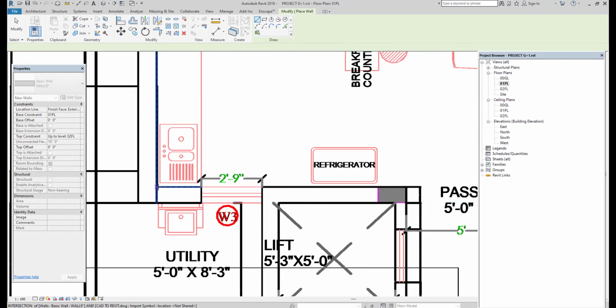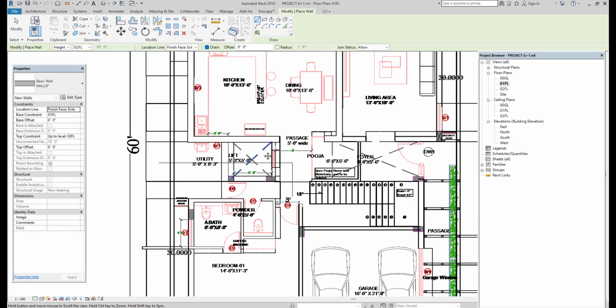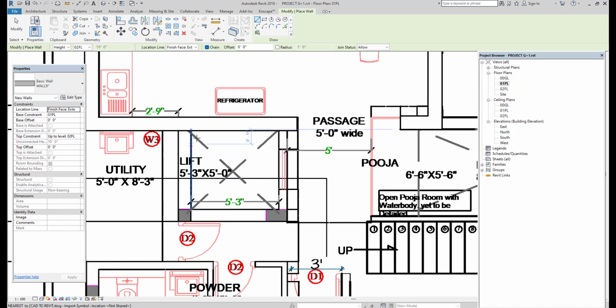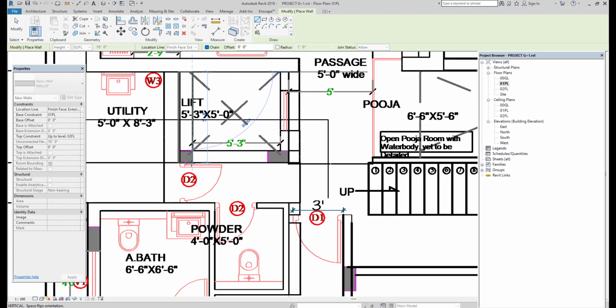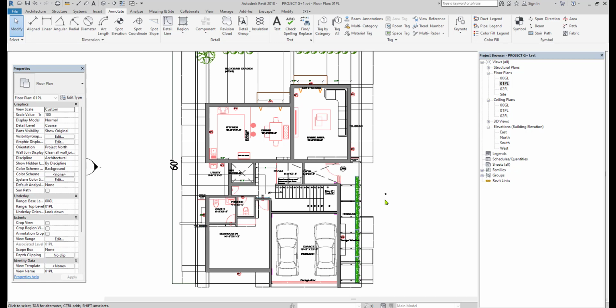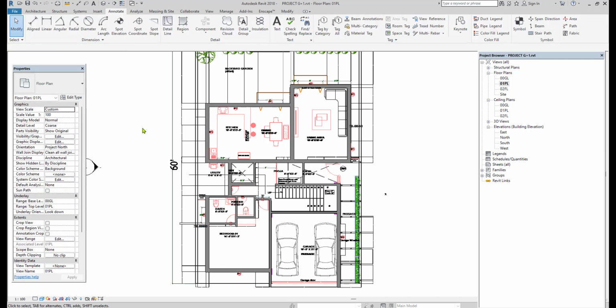If you are getting the location of the wall in a wrong way, then you can change the starting point of the wall. So here the wall is about 9 inch. In this way you just go on continuing the wall. We need to complete the whole project by using the wall about 9 inch, 6 inch and 4 inch depending on the requirement.